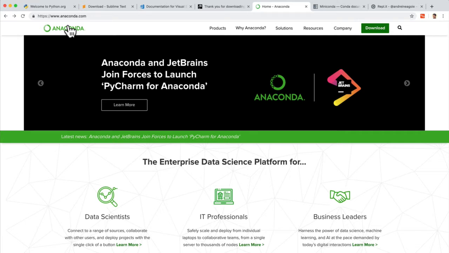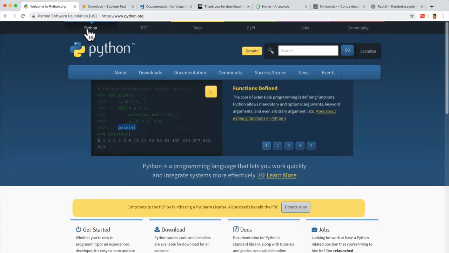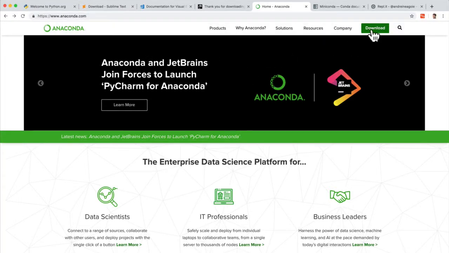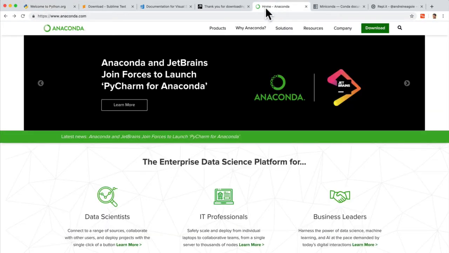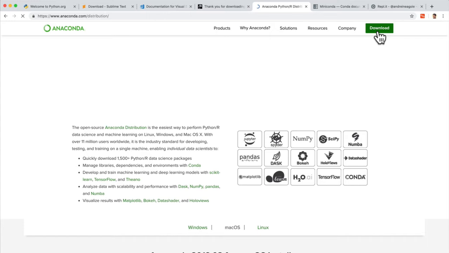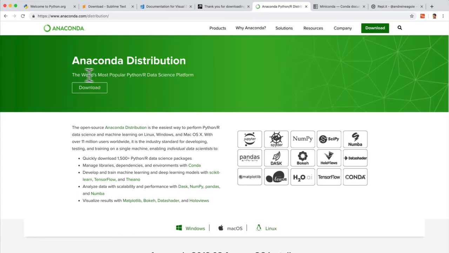And here's the thing. You can actually just download Python with Anaconda. So if we didn't go to python.org initially and just went to Anaconda and clicked download, well, that was going to install Python for us as well. But I wanted us to go through the official way of downloading it instead of Anaconda because we want to understand how things work. So in here, all we have to do is click download, and you'll be able to